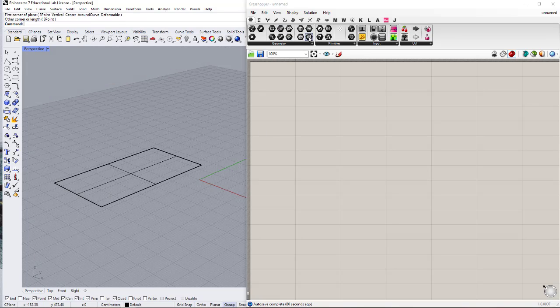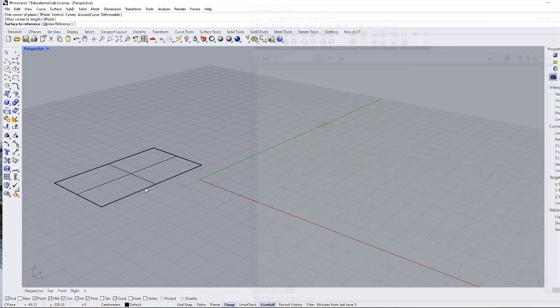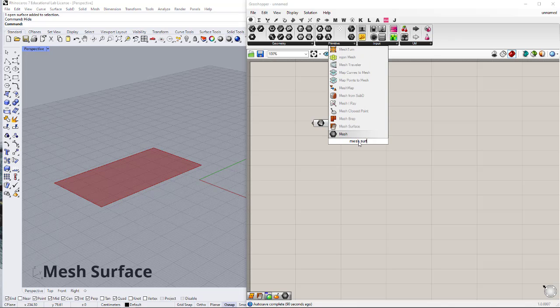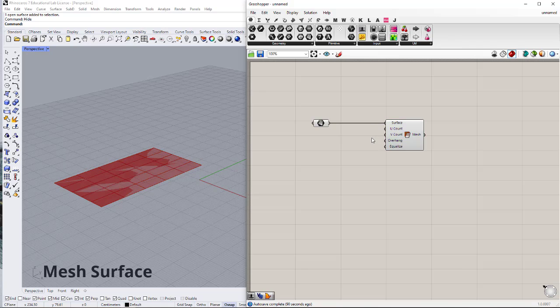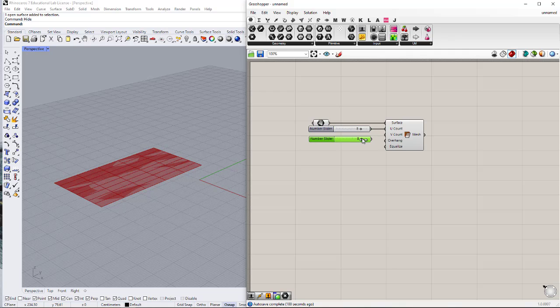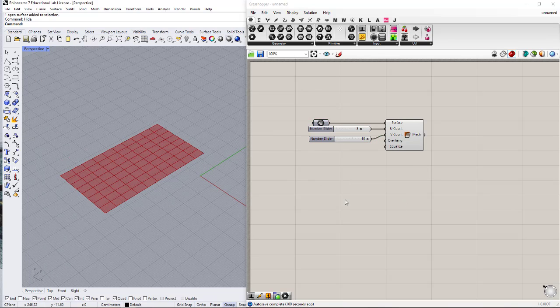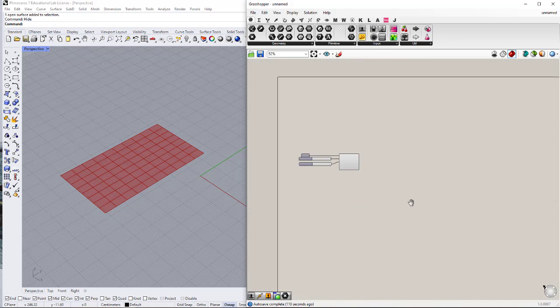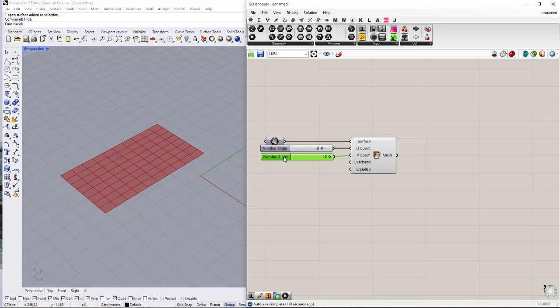I can bring it into my Rhino using set one surface, and let's hide it inside my Rhino. Now I'm going to use a mesh surface component and make a mesh with a U and V value of whatever seems to be working. So now this is my mesh, and I want to use this mesh to make a Kangaroo definition and run it to get